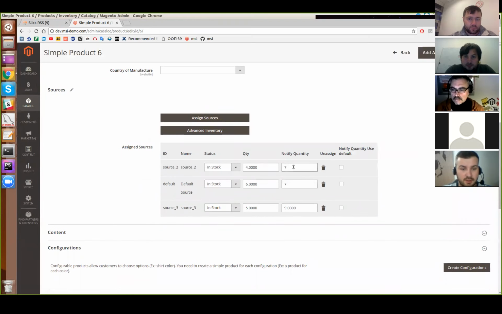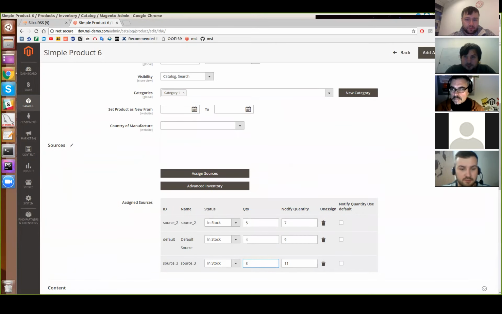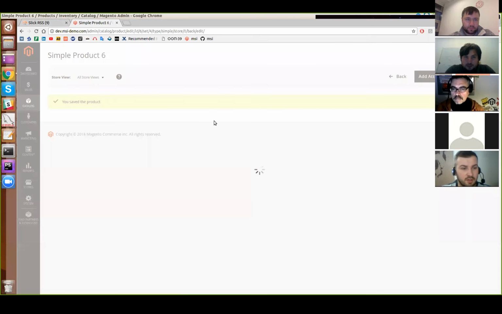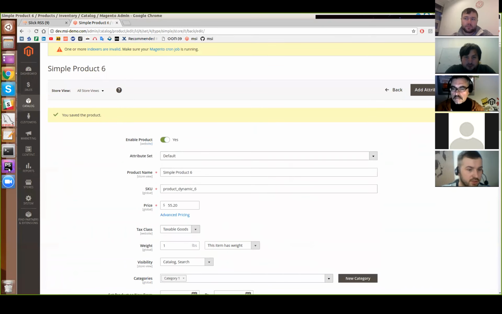Let's set notify stock here 7, 9, and 11, and 5, 4, 3. So now if I save, let's set 13, 15. So now if I save the product, they should disappear from here, but I need to flush cache because